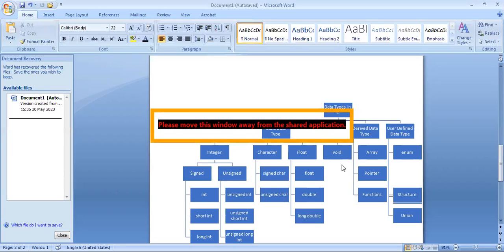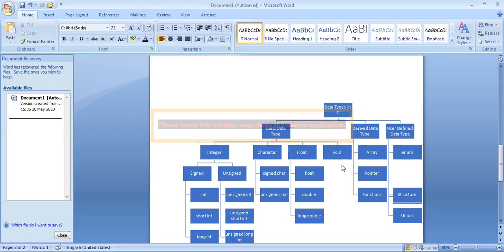Void indicates that there is no particular data type. In many cases, say we are working with a function, we may want our function to return a value. So when we require the function to return a value, we give a corresponding data type.